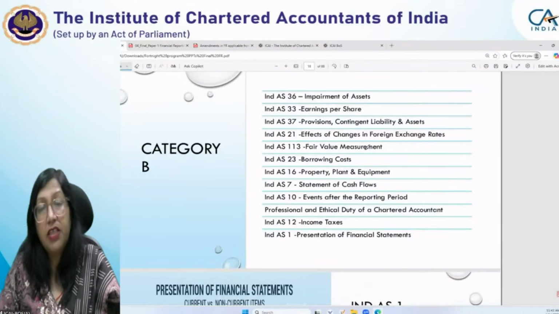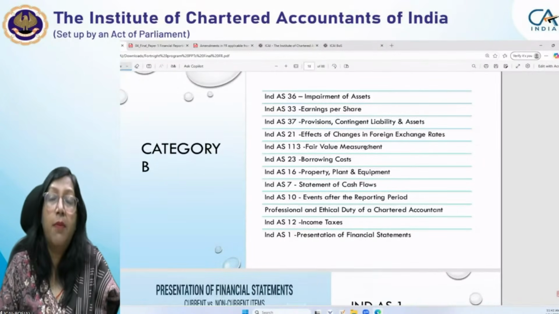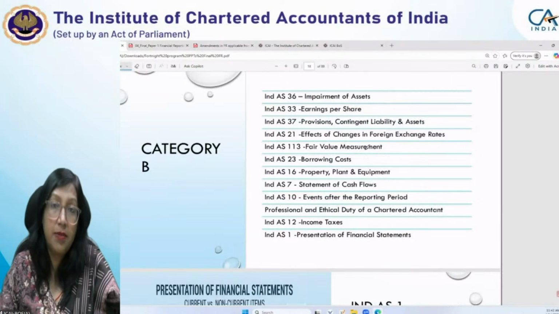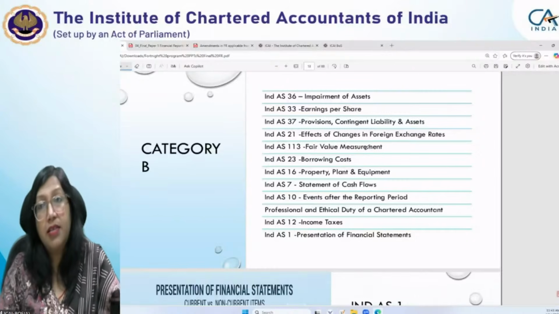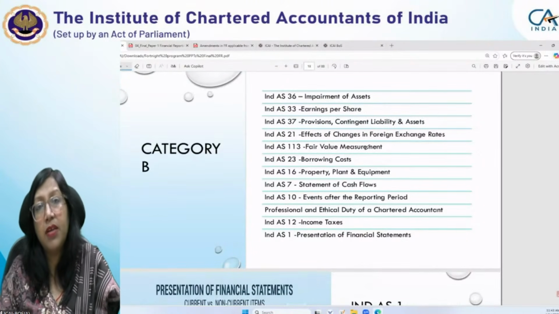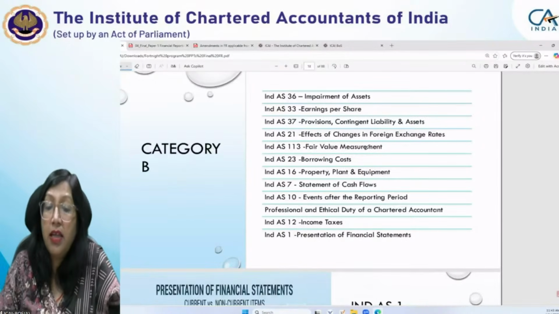देन कम्स इवेंट्स आफ्टर द रिपोर्टिंग पीरियड। इसमें एक ही मेन कंसेप्ट है कि आपका इवेंट आफ्टर द रिपोर्टिंग पीरियड है तो जो इवेंट है ये आपका एडजस्टेबल है कि नॉन एडजस्टेबल है। अगर एडजस्टेबल है तो आपको अपनी बैलेंस शीट में रिफ्लेक्ट करना है, नॉन एडजस्टेबल है तो बैलेंस शीट में रिफ्लेक्ट नहीं करना है। ओके।